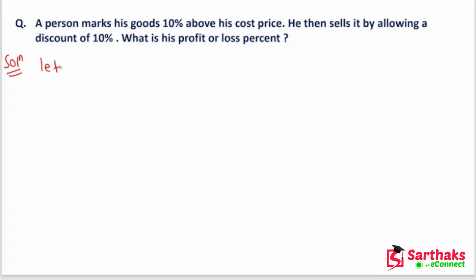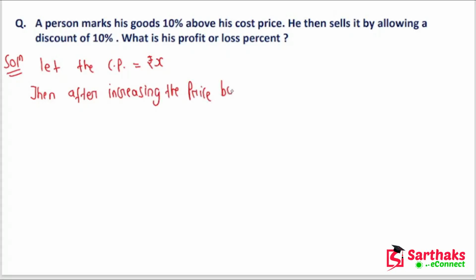Let the cost price be rupees X, because it is talking about goods in general. So let us take any article. Let the CP, cost price, equal rupees X. Then after increasing the price by 10%, because he is marking the price as 10% above,